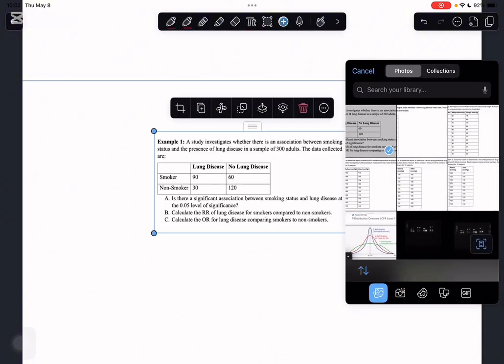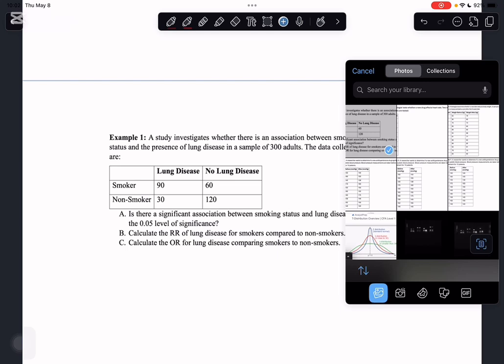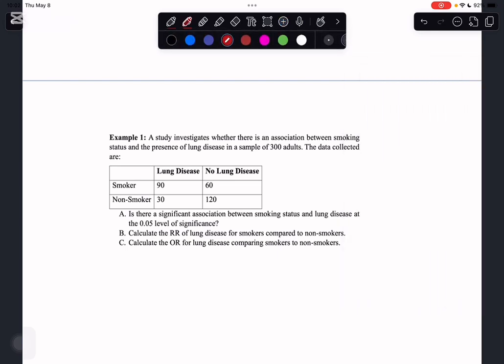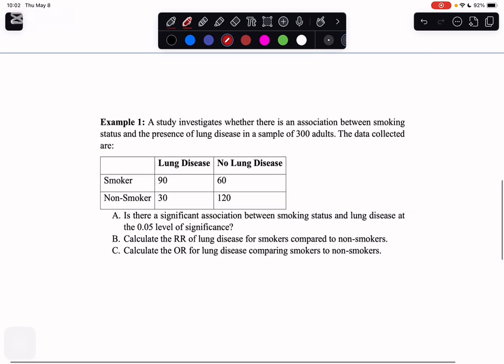Okay, مثل ما I was telling you إن في two categorical data or variables. عنا lung diseases عنا smoking. في هالسؤال they want to see if there's an association between these two variables. Okay, أعطوكم a table and this is what they show observed. This is the data collected. So this is the observed